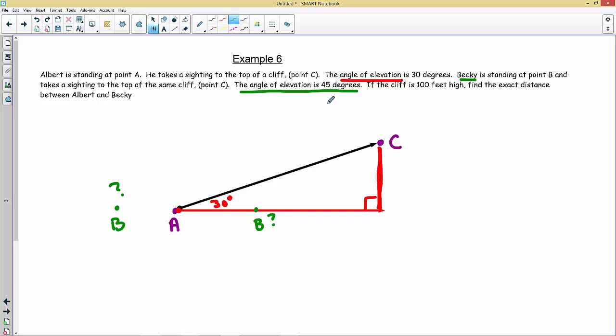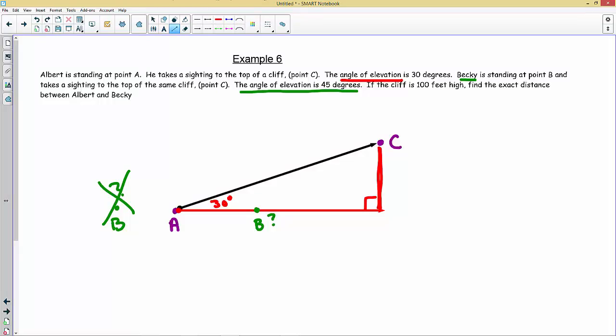If you walk close to the Washington Monument or the Statue of Liberty or anything else, if you walk closer to a tall building, the closer you are, the more you have to look up. So that's a clue that actually this is not the case and that Becky is somewhere over here. Okay? So Becky